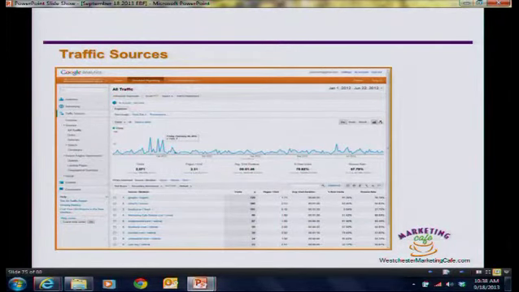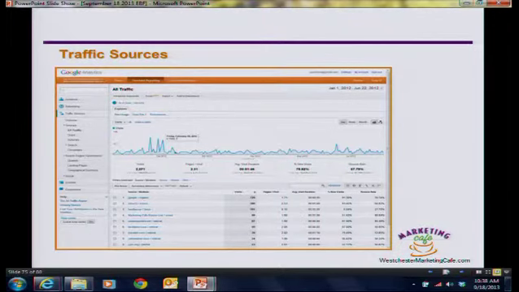Traffic sources. This is really important, especially when we're talking about actionable information. Again, we want to go past these reports to say, what direction am I providing my marketing team? What direction am I providing my sales team in terms of working with the content on the website? So when you're looking at your traffic sources, who's sending you new traffic? The number one here is just Google organic search. You get the source and you get the medium. So Google is the source, and organic is the medium,